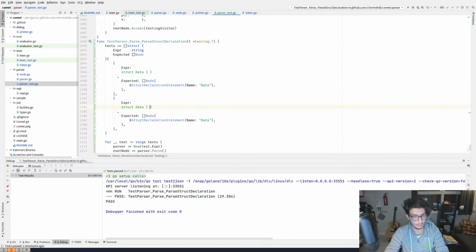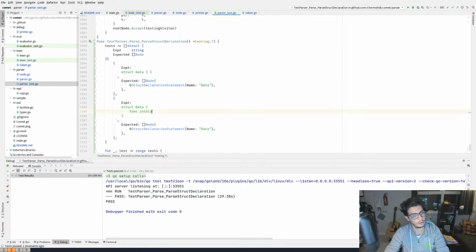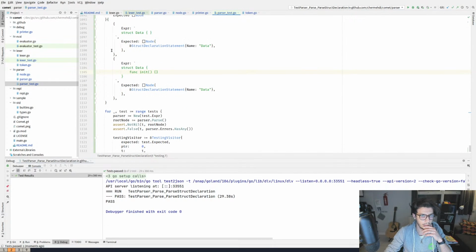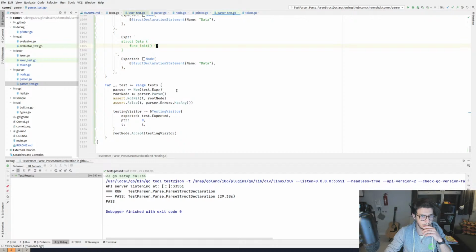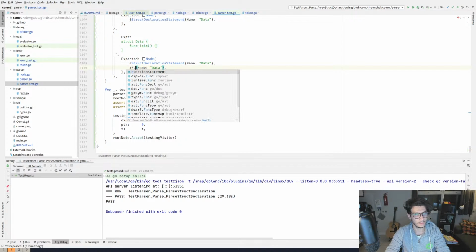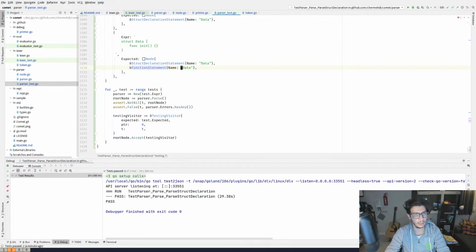That has one single init method in it. Func init ab, no parameters, no nothing. So this should have a declaration statement. We have a function statement. Name is init and nothing else.